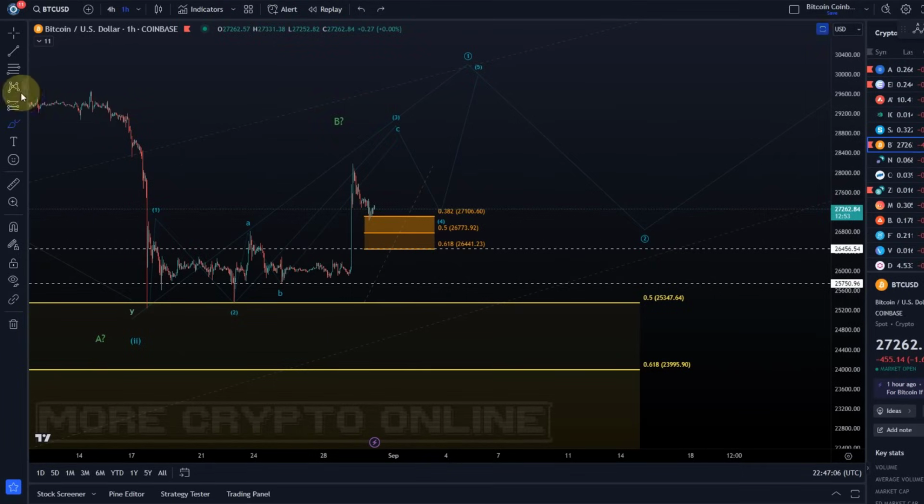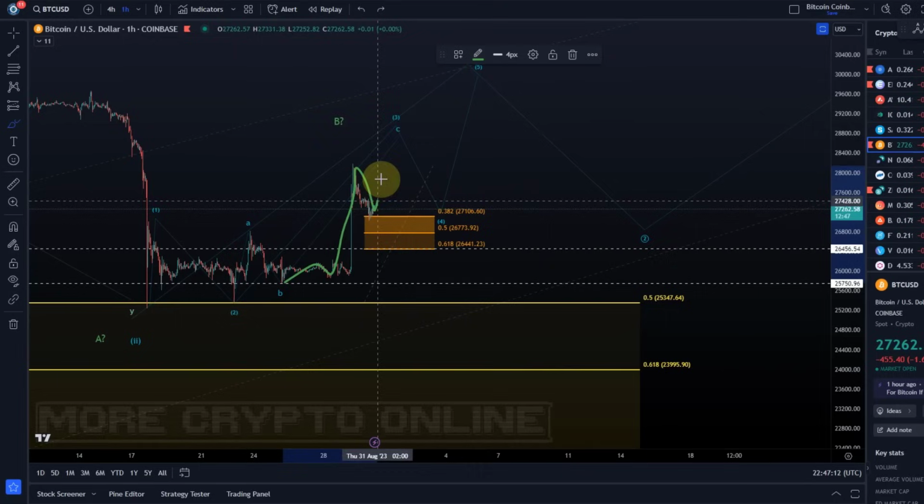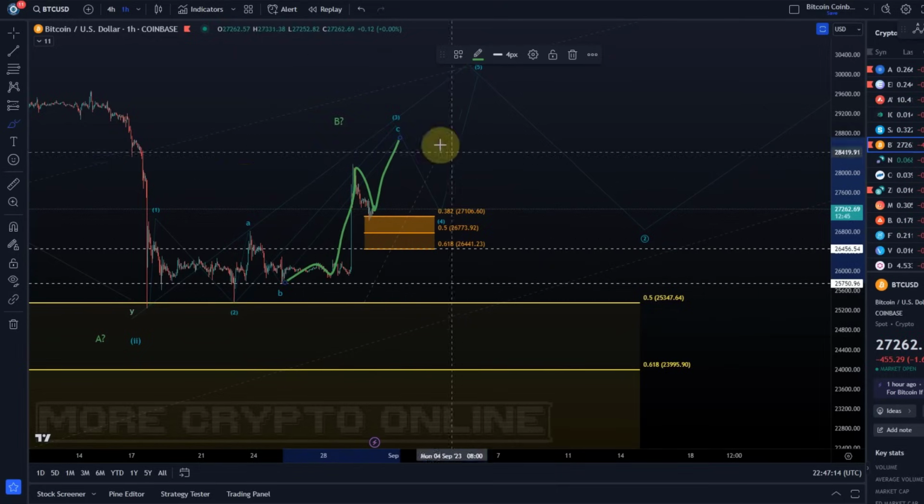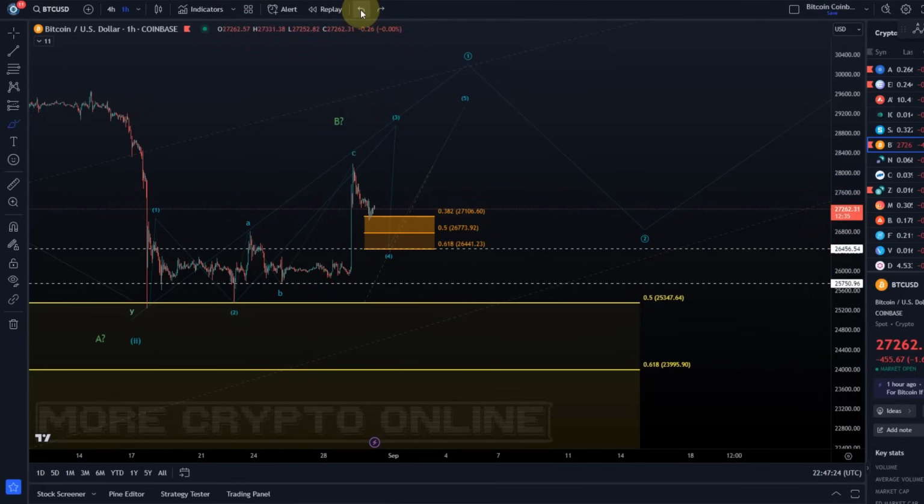And in the C wave, we have a wave 1, a wave 2, a wave 3, 4, 5. So this would be ideal. Therefore, I said in the beginning, 1 more high or 2 more highs. I just want to prepare you that we might get 2 more highs. But either way, we can say very simply, we focus on higher against